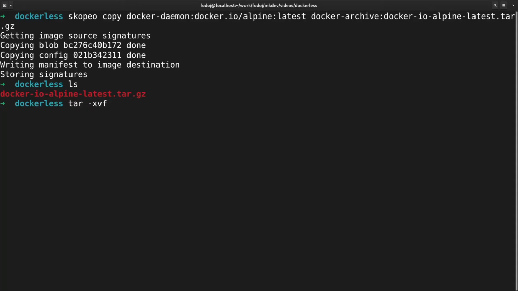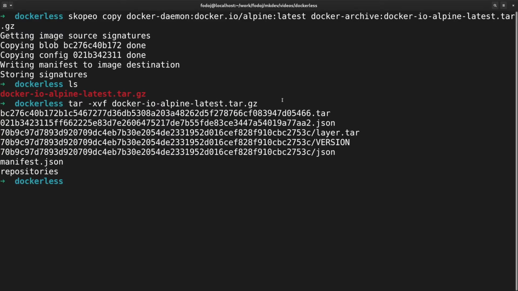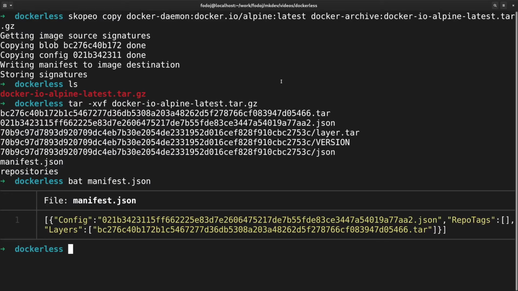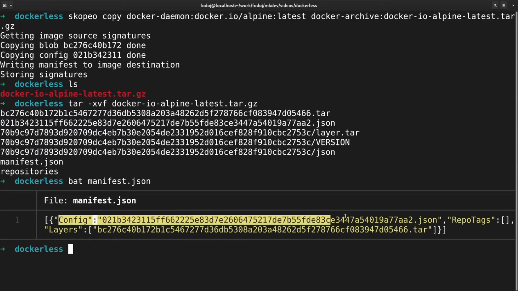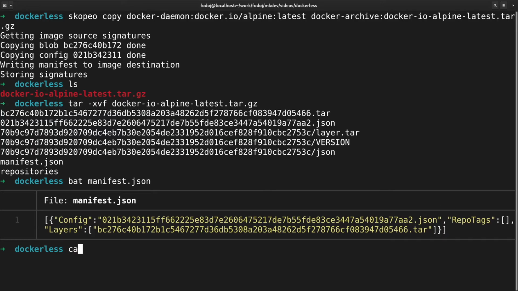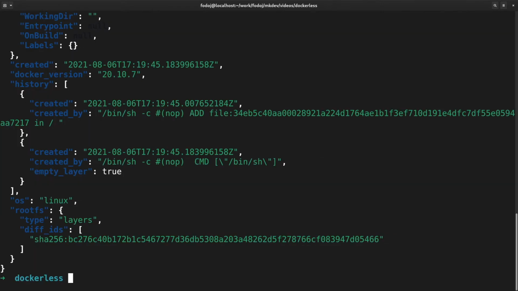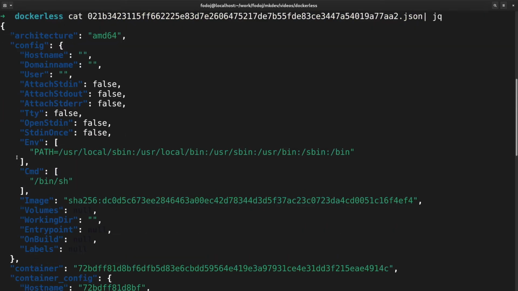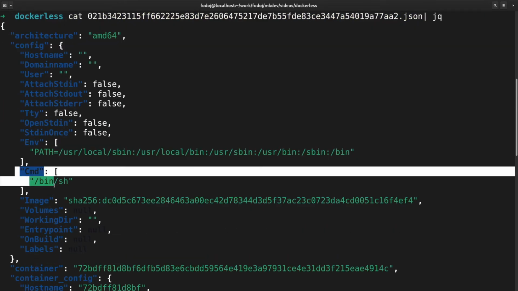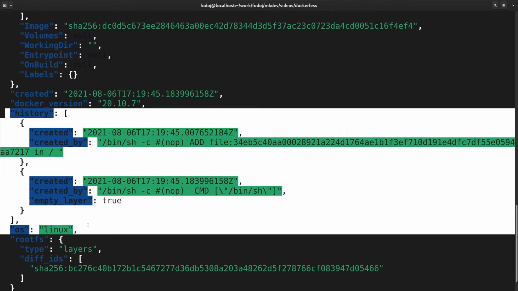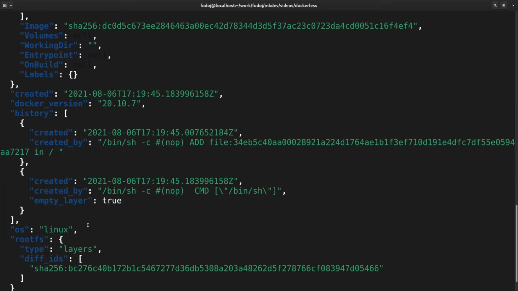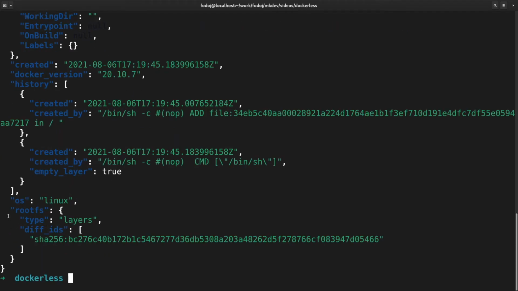Let's briefly examine the contents of this archive. The main file is called manifest.json. It defines which layers the image has and where to find the configuration of this image. The configuration file specifies many default values used to run the container, like the environment variables, the command to run, and if it needs to be attached to the standard input. Additionally, there is a history of changes of this image, as well as a pointer to the layer that needs to be used when this container is running. The layer itself, in turn, is another tar archive that contains the full file system.